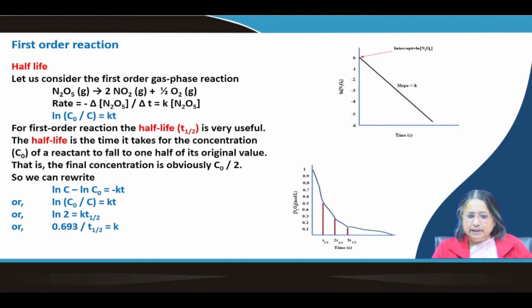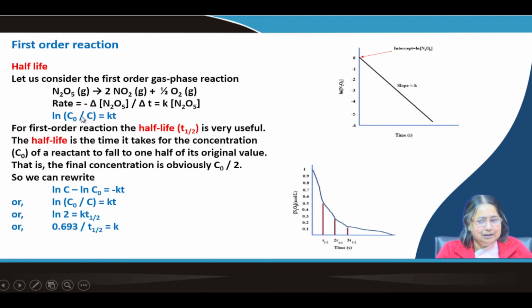Now, one thing is very important. This is another example, shown instead of giving A as the reactant and P as the product. Here an actual reaction is shown. It is a gas phase reaction: nitrogen pentoxide, N2O5, in gas phase, can decompose to nitrogen dioxide and oxygen. The rate of this decomposition of N2O5 you can write in this fashion, and here, instead of writing C of N2O5, only the concentration term is written.